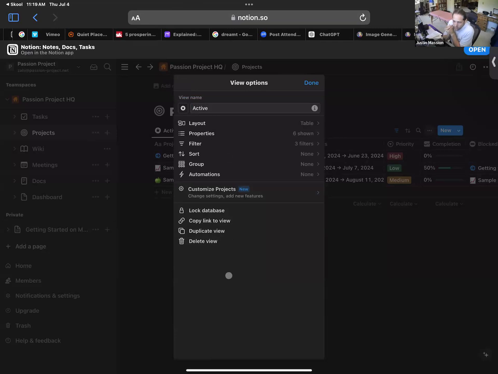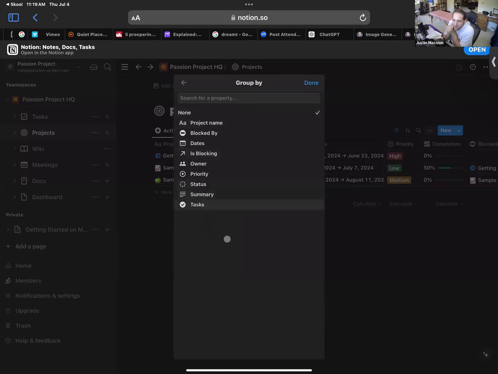Sorting is pretty straightforward. What do you want to sort by? Grouping is one of my favorite tools. No matter what view you're in, you can pretty much start to group your stuff either by tag or status, or topic or whatever. And grouping is a really nice way to organize the data. And you can even sometimes group by a group and then a subgroup, which I'll show you later. If we hit back,